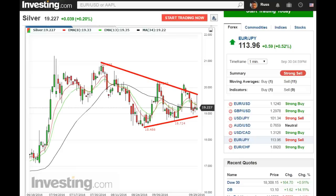Silver, same kind of triangle, same kind of move. The only thing I'm looking at is that might be a whipsaw, might not be, I'm not sure. Because we came back all the way down and it didn't touch its other side, its natural point of return. That means it's double bearish, and I thought, yeah, that looks pretty awesome this morning. All of a sudden, it just sold back into support. And that is a nice inverted hammer nonetheless,